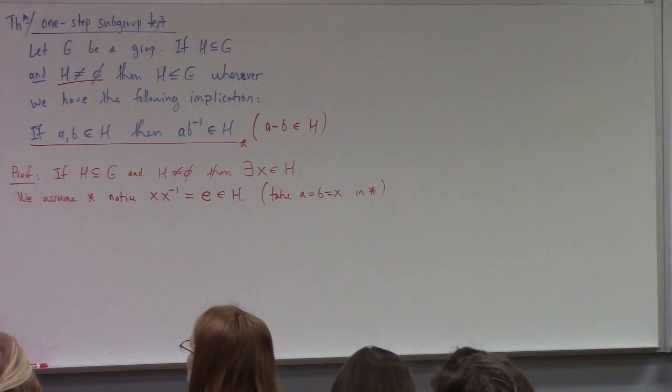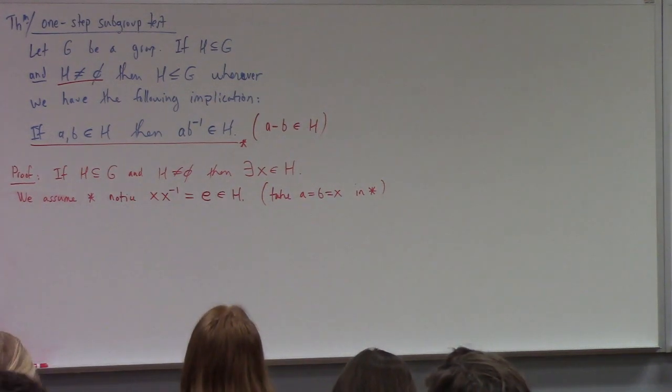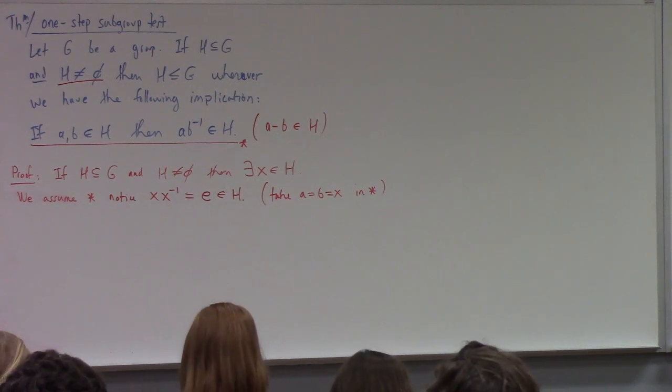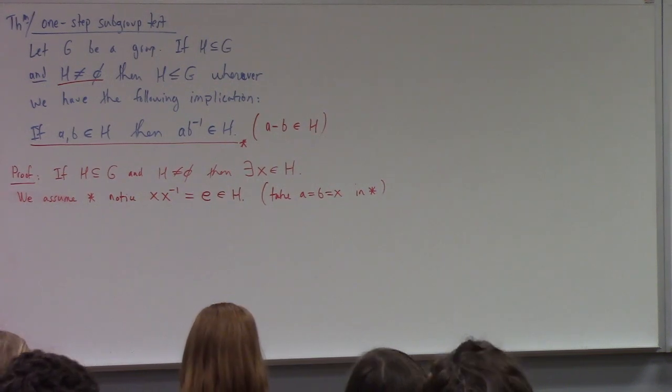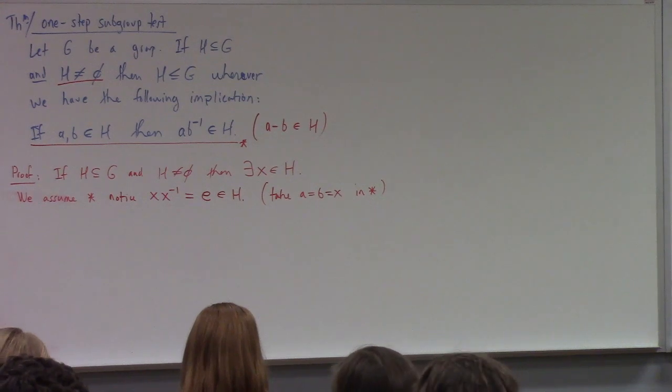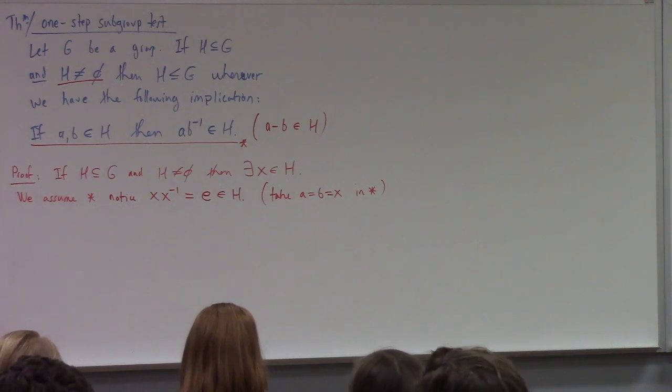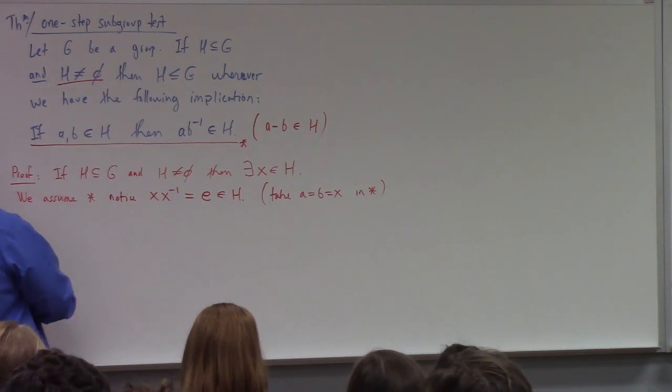Do A and B have to be the same in H? No. But they are, in this case, because I'm taking A and B equal, that gives me X inverse is in H, but X inverse is also the identity by their construction in G. I'm using the case that A and B are both equal to X for the purpose of this proof. Now, also,